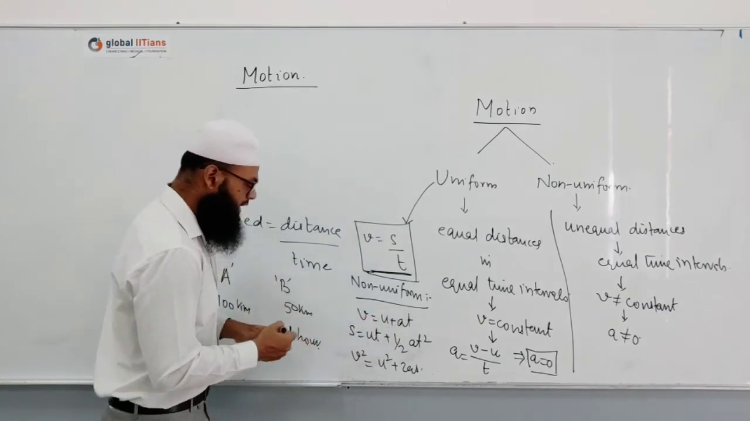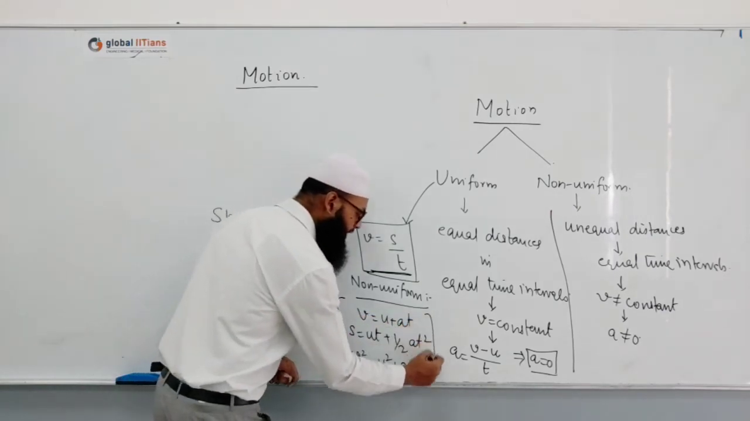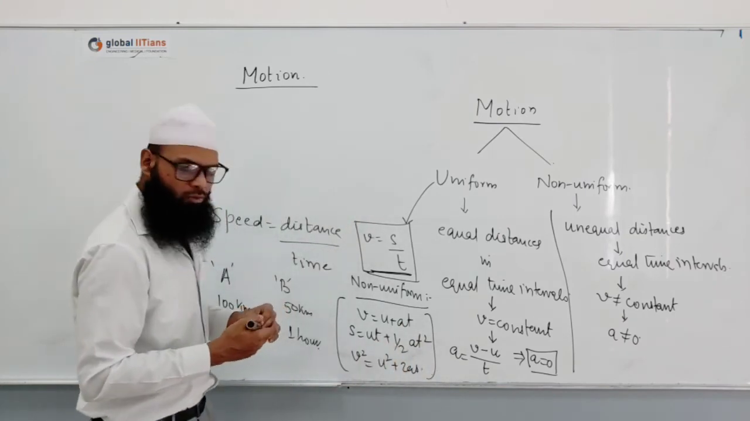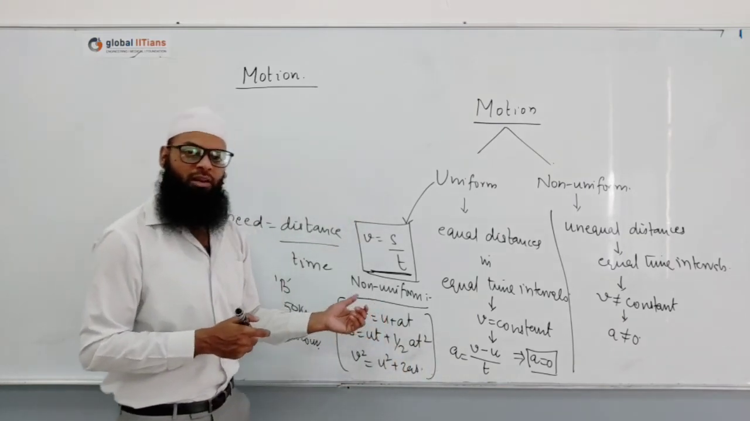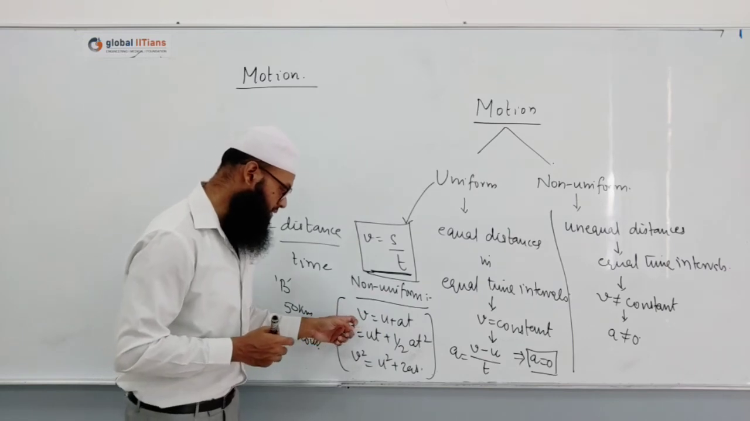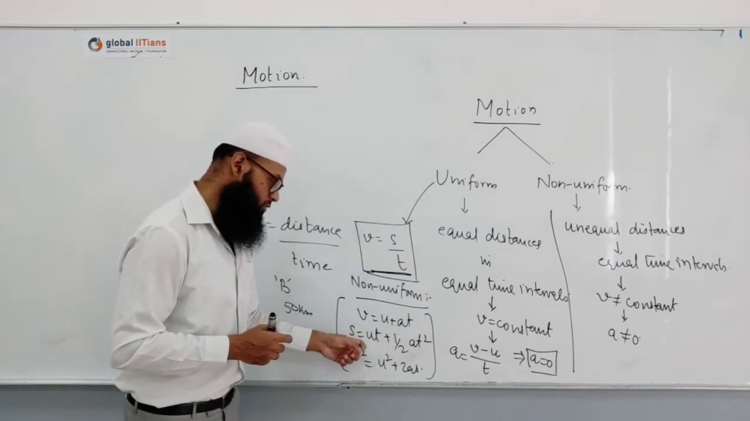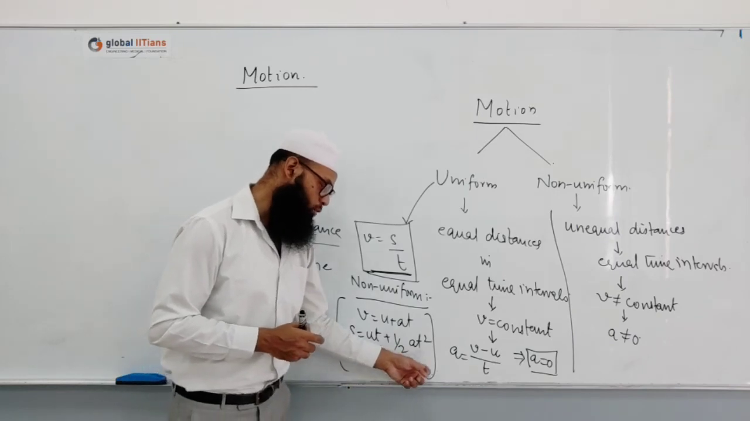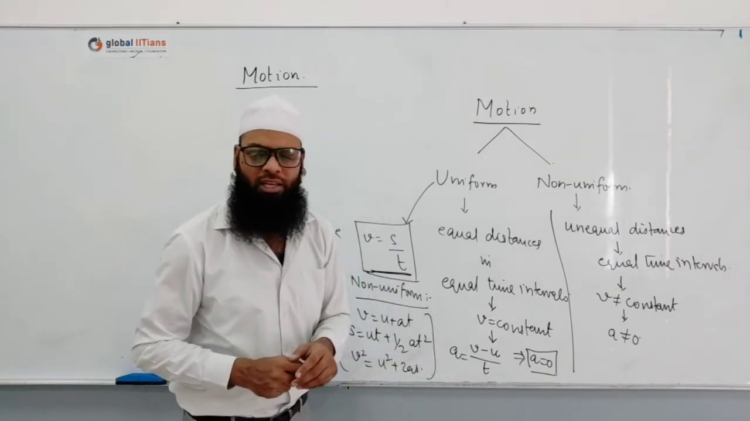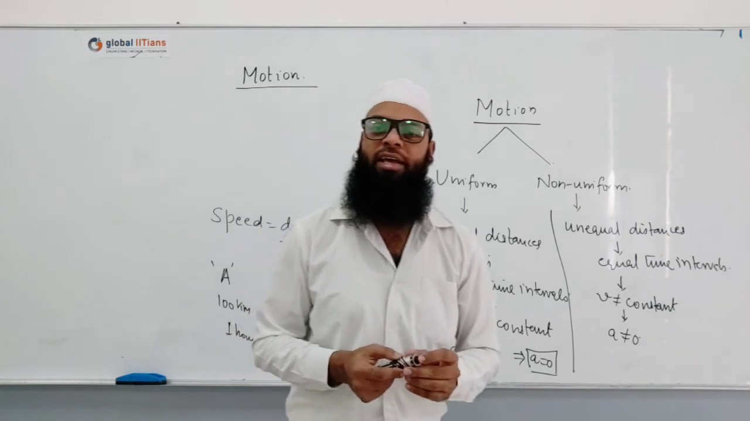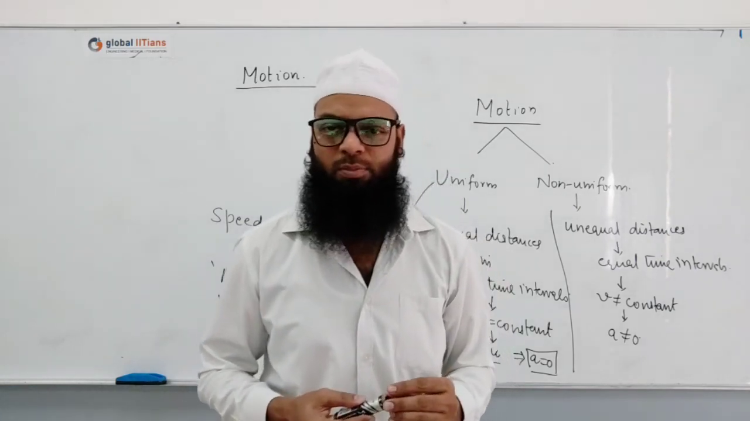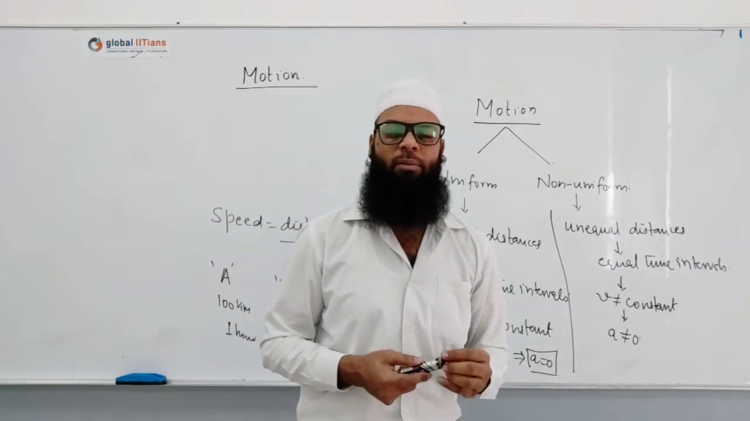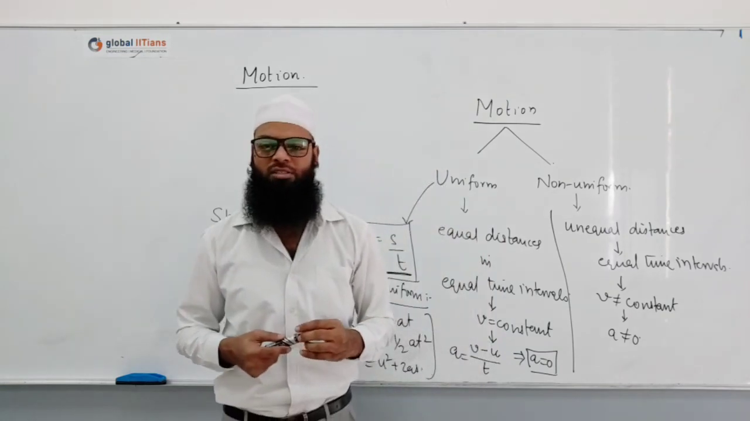So we have three equations that we call kinematical equations, or the equations that are used in kinematics. And these equations are v is equal to u plus at, s is equal to ut plus half at square, and v square is equal to u square plus 2as, where v is the final velocity, u is the initial velocity, a is the acceleration, s is the displacement, and t is the time taken. Okay guys, so this is now